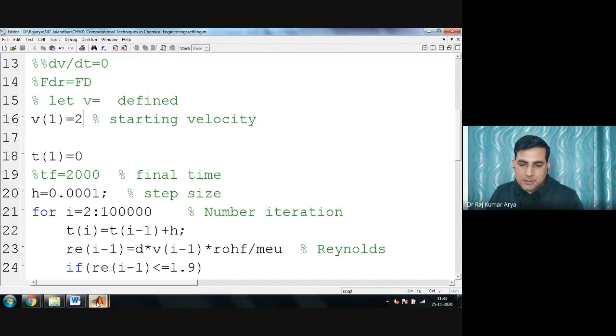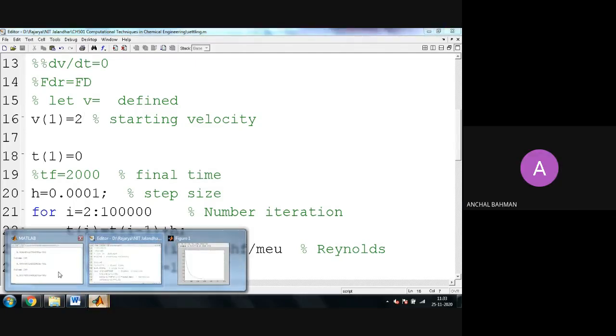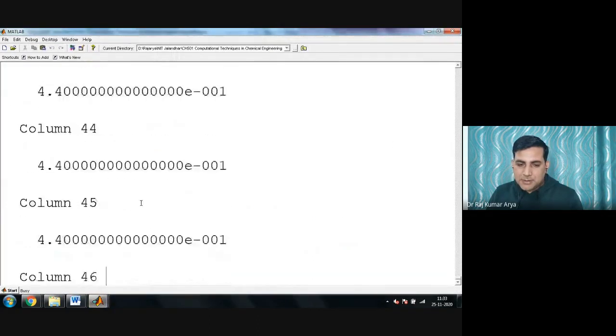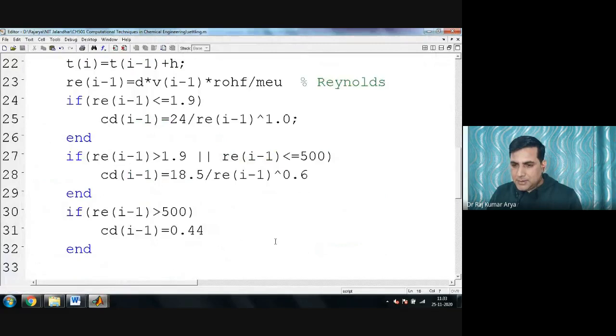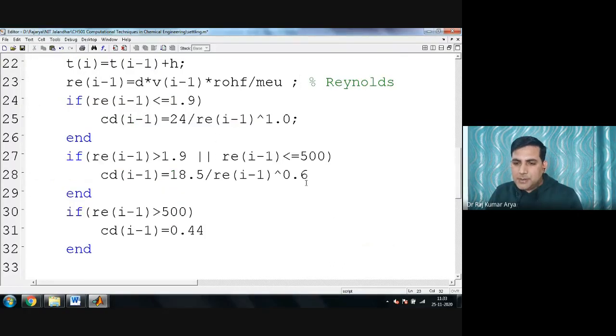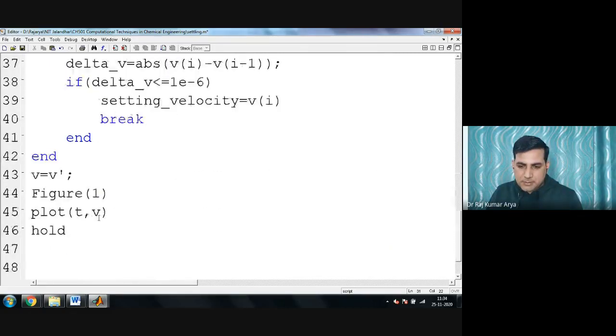Let's run it. Sir, can we change the step size also? Yeah, we can change, increase the step size. What is getting printed now? Achha, this RE is getting printed. I don't want to print this, because this unnecessarily slows down the things. So you should always take care of this part: do not print anything which you don't want, because this only slows down the things. No, it's okay. It is running now.